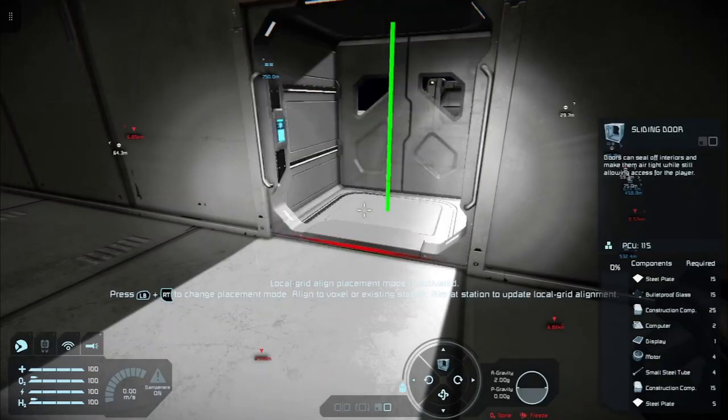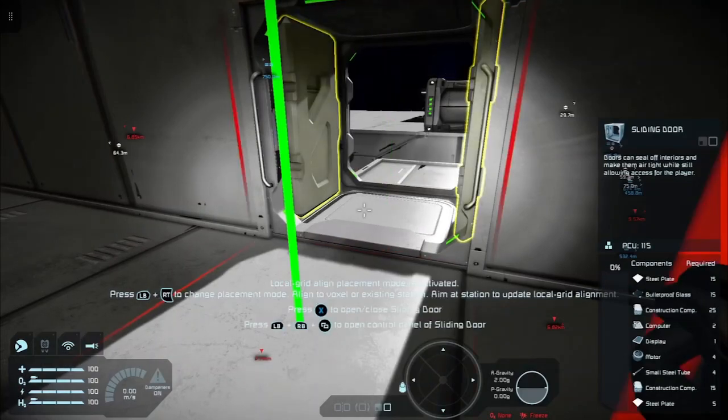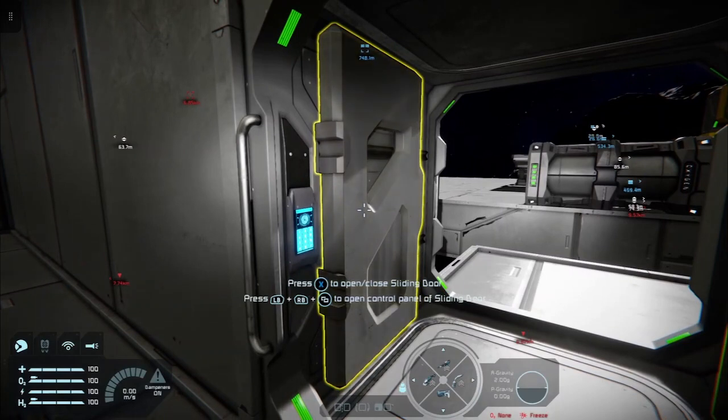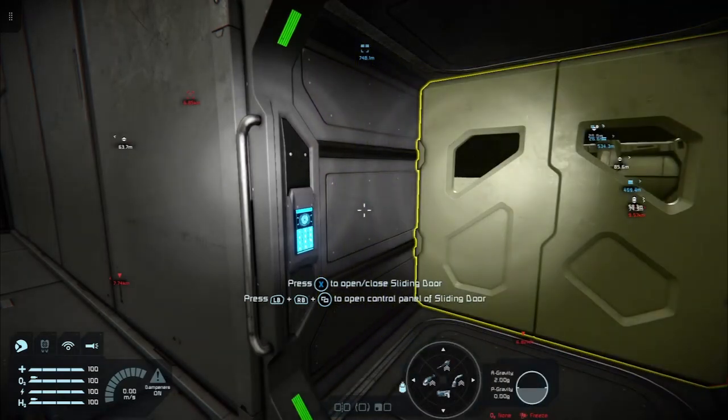I think they're quite cool. So we're going to have this one, our outer door.